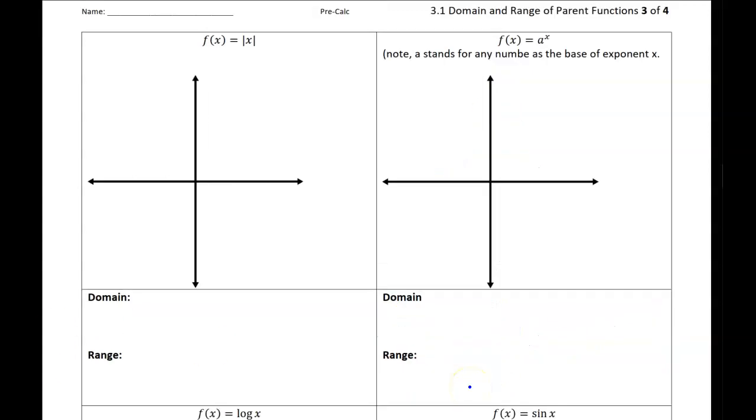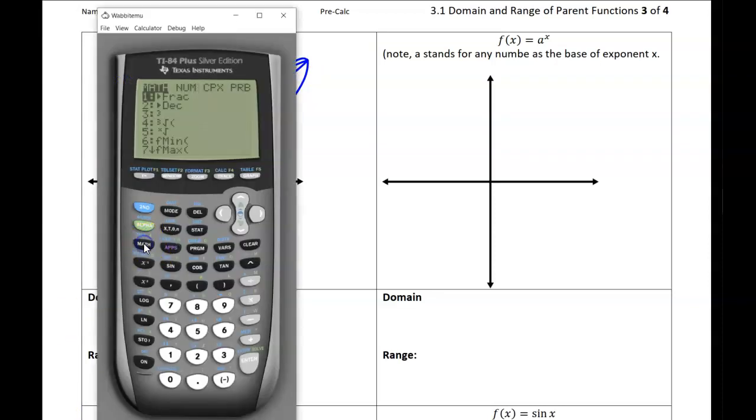The last one we're going to include here is the absolute value function, absolute value of x. So you guys may remember this looks like a V-shaped graph, something like that. I want to show you how to graph it. This function lives on the secret math menu. And notice cube root is here too. That's another one of ours. It's ABS, right? So there it is. So when I type it in, I go over to numbers, ABS, and then X, and then I graph,